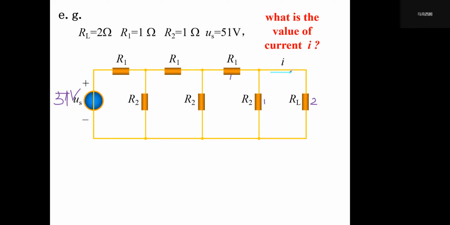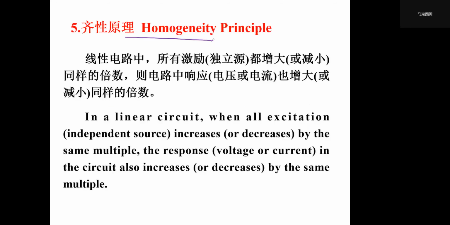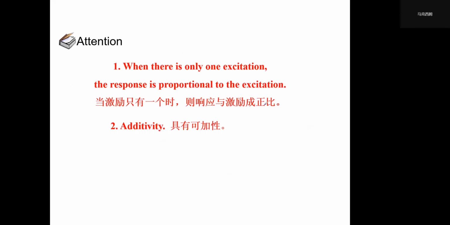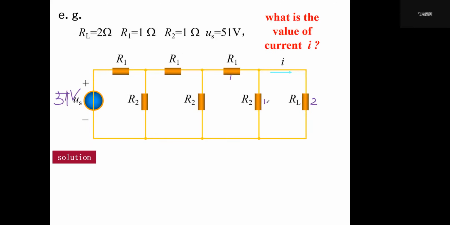That is too complex to use the traditional way. Since we have already learned about this new theory, we would apply this homogeneity principle to avoid complex calculation. So, see, since we have a branch current I here,